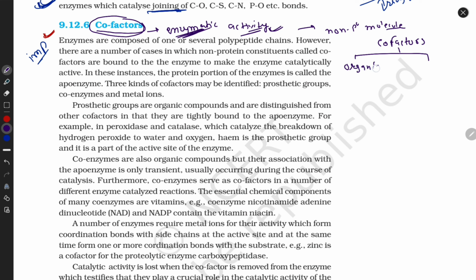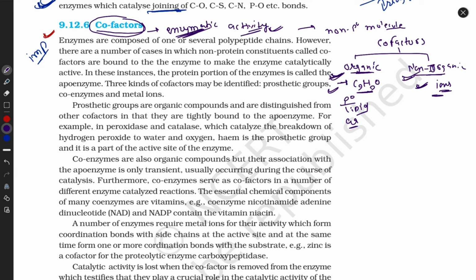First is organic. We already discussed what kind of organics, and non-organic means inorganic. You know, guys, how you isolate organic molecules, and how we find inorganic: we get ash. Remember, before starting this chapter we already studied organic and inorganic things. Now don't confuse. Inorganic means we also read about ions, multiple ions. Organic contains carbon, hydrogen, and oxygen groups. They contain some protein part, some lipid part, some amino acid part, and they contain ions.